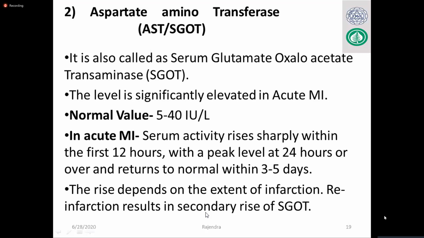We read in biochemistry that it falls down after 72 hours or 3 days or something like that, but at that time you are still getting a very high value. Don't confuse yourself, because maybe there is a chance of a re-attack of the heart attack. Sometimes that will also happen. Multiple attacks of heart attacks, minor, but multiple.